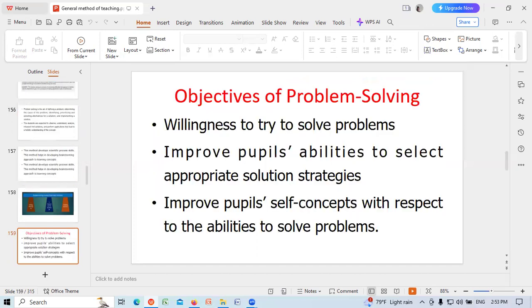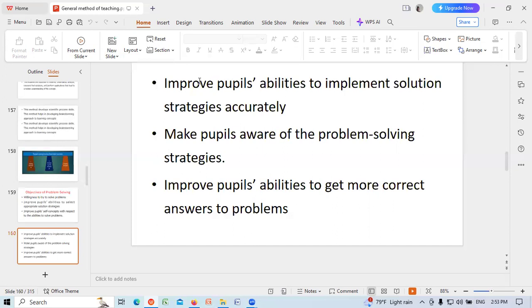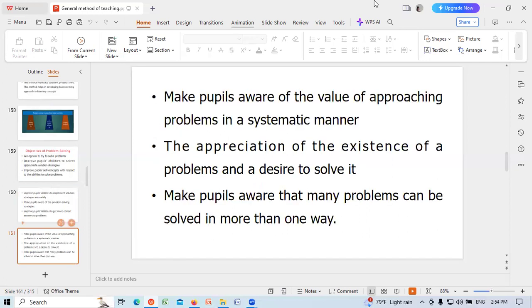Objectives of problem solving: willingness to try to solve problems; improve people's abilities to select appropriate solution strategies; improve people's self-concept with respect to their abilities to solve problems; improve people's abilities to implement solution strategies accurately; make people aware of problem-solving strategies; improve people's abilities to get more correct answers to problems; make people aware of the value of approaching problems in a systematic manner;